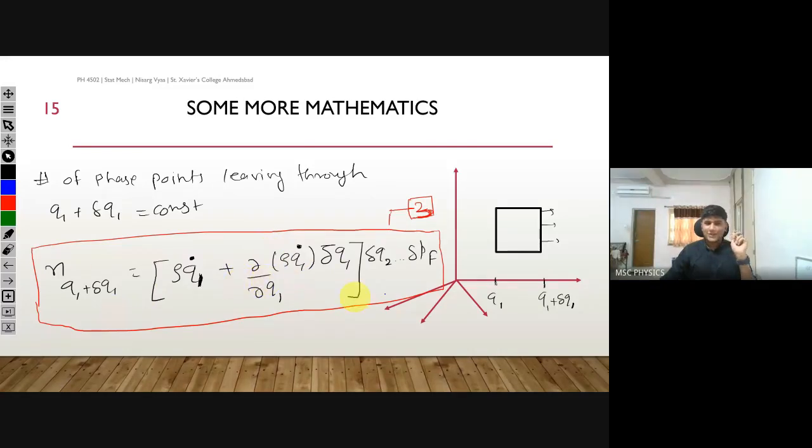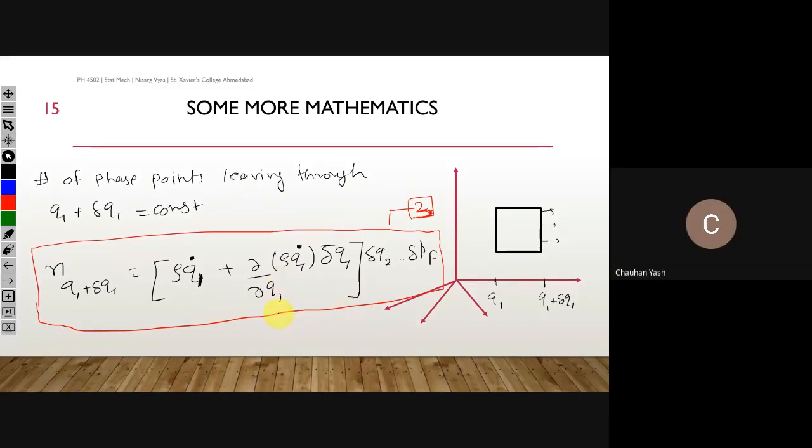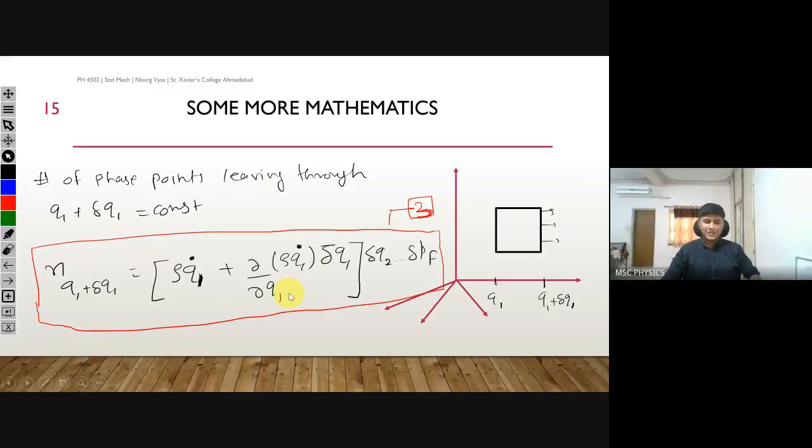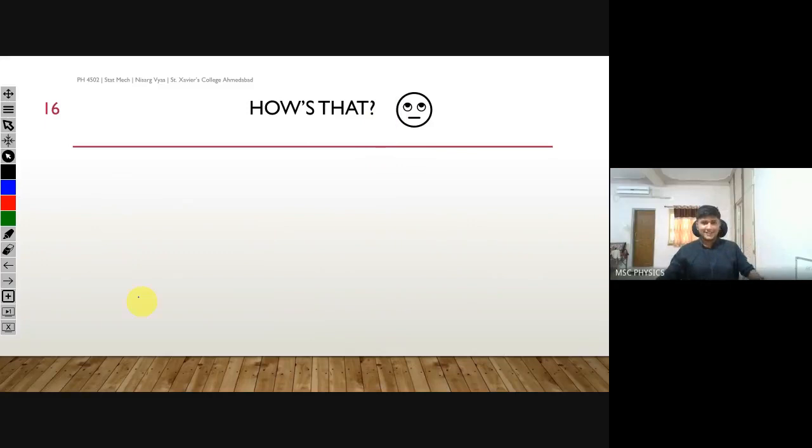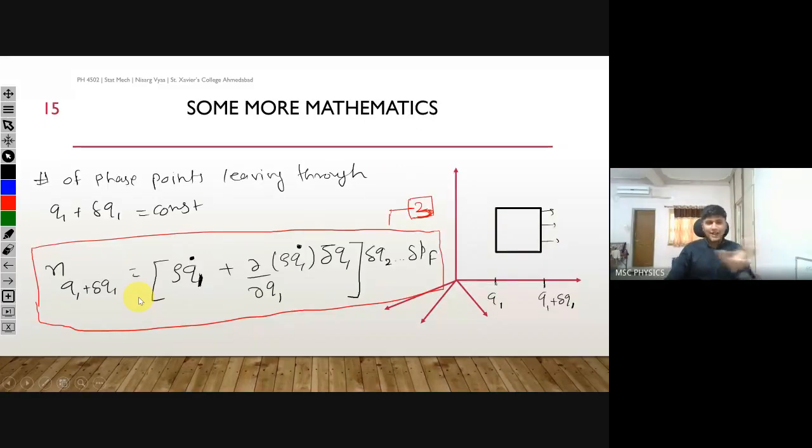Actually, my question is, did you understand this or not? If I am a teacher and I write this on the board, are you all in the mode of 'okay, we know this', or 'oh, what did he write? We don't understand'? Which of the two modes are you in? Second mode. From my perspective, I know second mode. I was also in second mode when I was a student, even till the day before yesterday. I didn't understand this equation. So how did I write this equation?